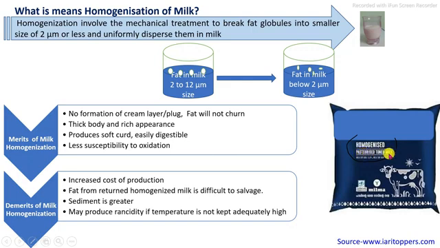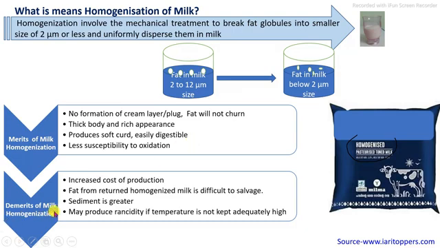If the milk is treated with the homogenization process, the packet declares it as homogenized along with the specific heat treatment. Why is the milk homogenized in between the milk processing treatments? The basic application is that after homogenization there is no cream separation in the milk during processing. Due to the homogeneous mixture, we get a rich appearance and a thick body, and it produces a soft curd that is easily digestible and less susceptible to oxidation.